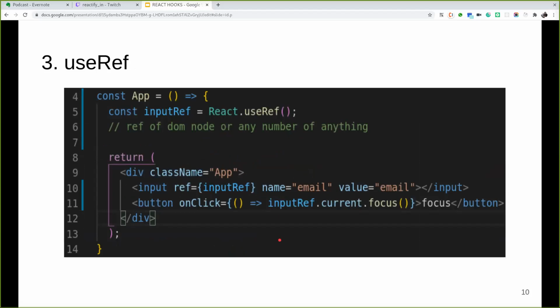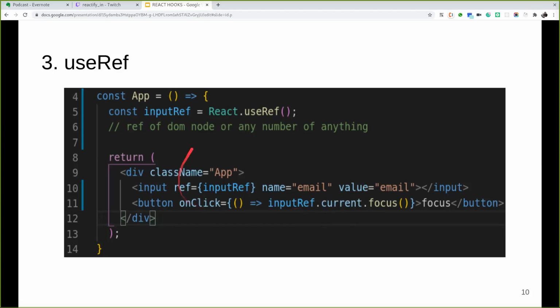Now, the useRef hook allows us to access the DOM elements imperatively. As per documentation, useRef returns a mutable ref object whose .current property is initialized to the passed argument. The returned object will persist for the full lifetime of the component. So essentially, useRef is like a box that can hold any mutable value in its .current property, and on change of this value, it won't cause a re-render of the component.